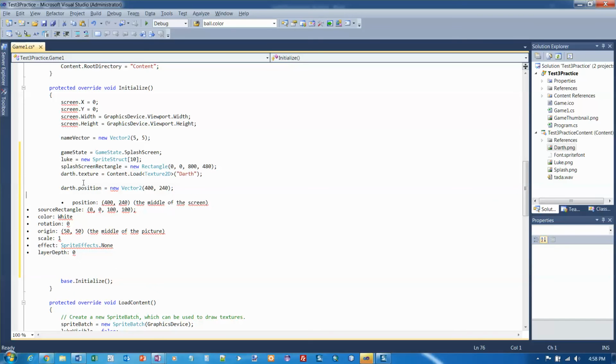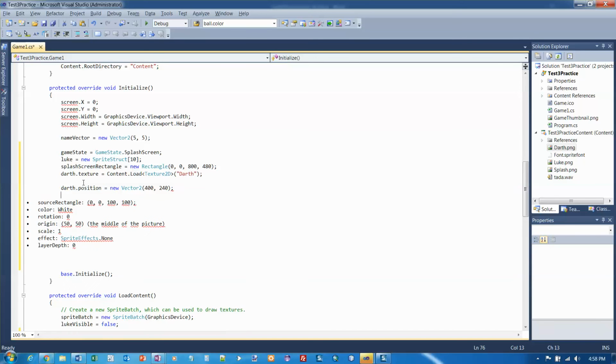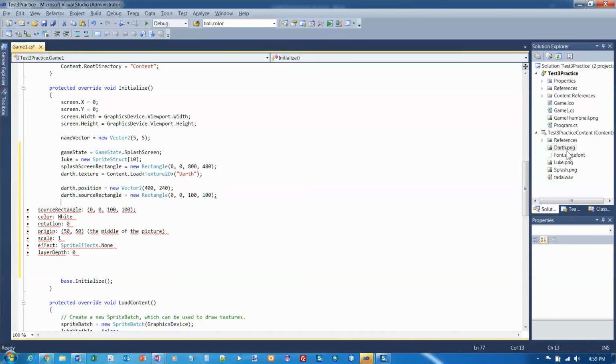Okay, and then Darth source rectangle equals new rectangle, and it's going to be 0, 0, 100, 100. If you went in and looked over here, if you opened up the Darth image, you would find out it's 100 by 100. Okay, so I can delete that line. And then Darth.color equals Color.White,